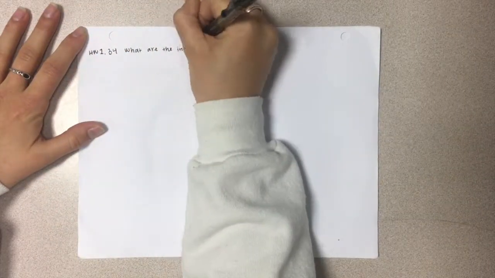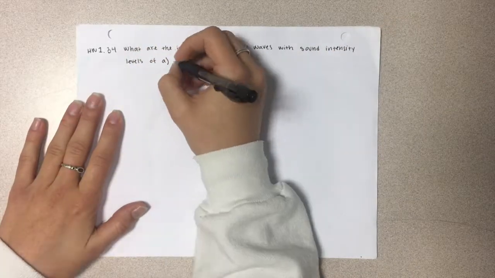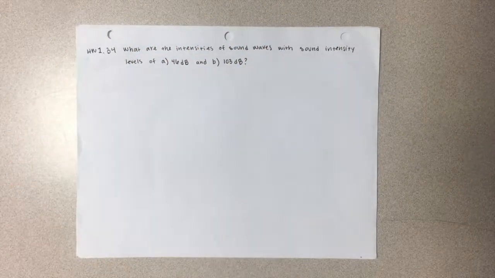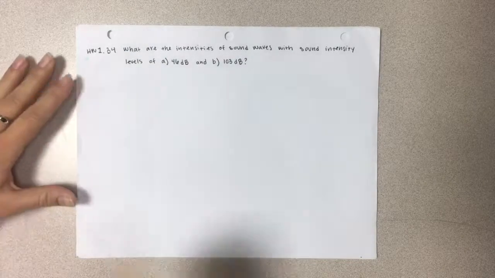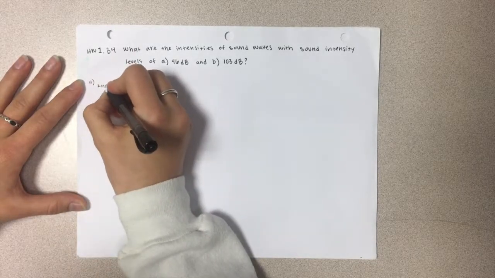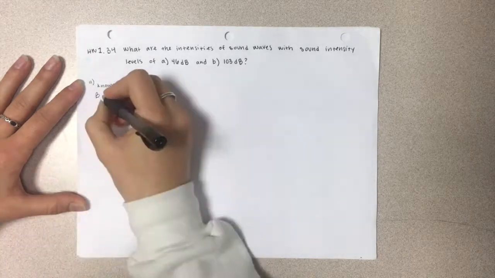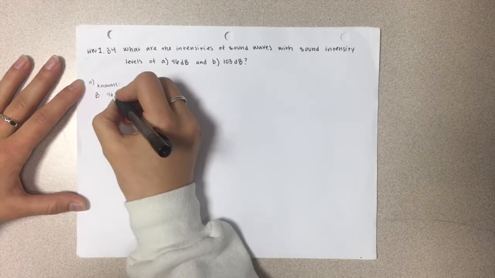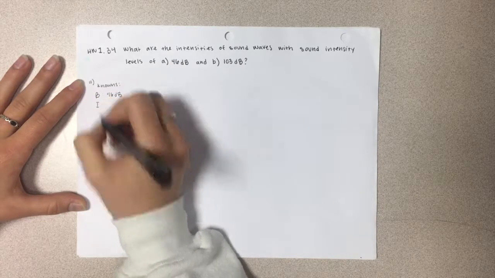What are the intensities of sound waves with sound intensity levels of 46 decibels and 103 decibels? To start, we will start by saying our knowns and unknowns. For question A, our knowns are the sound intensity level, which is 46 decibels,